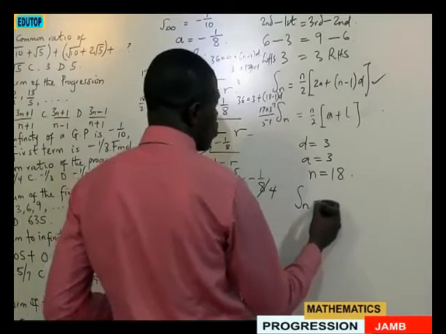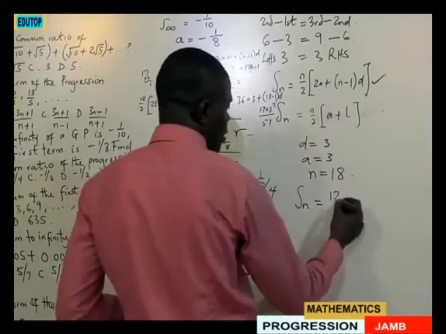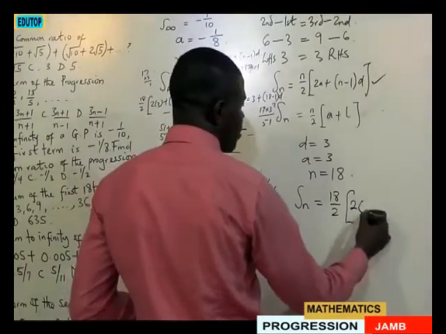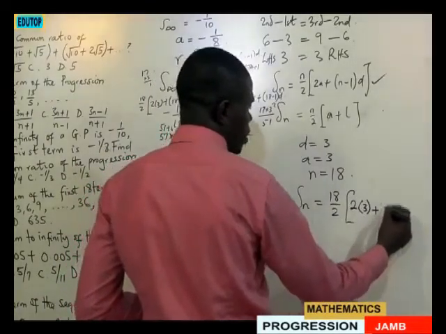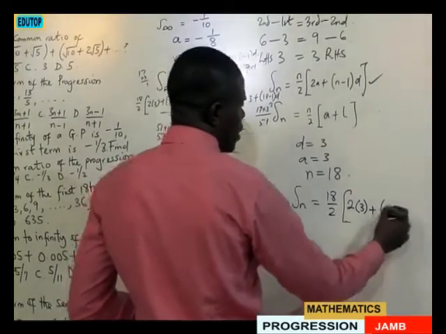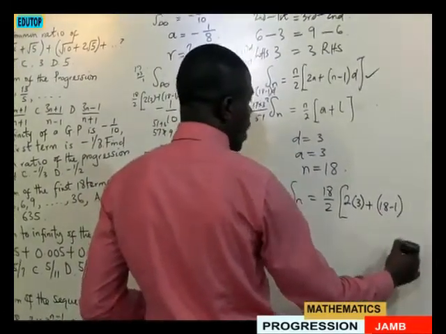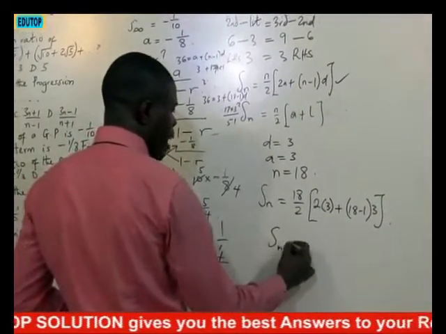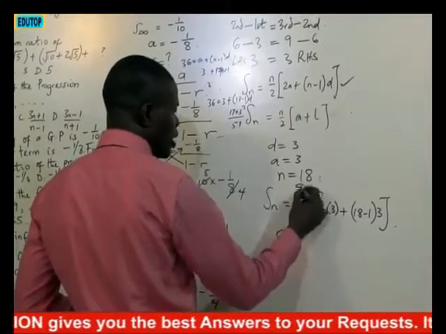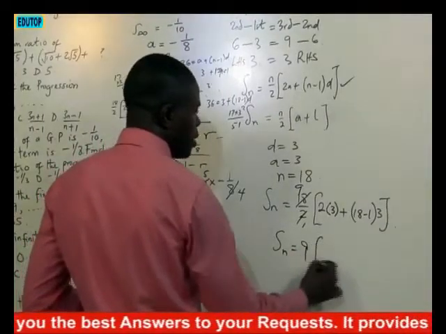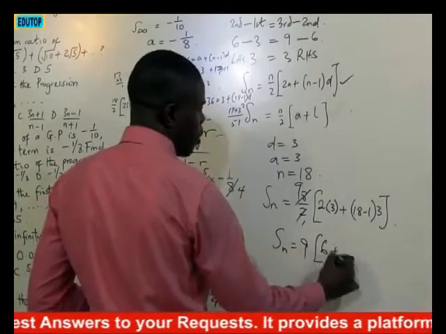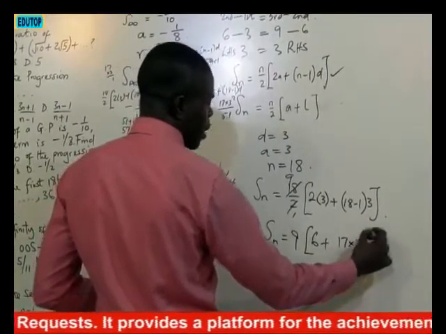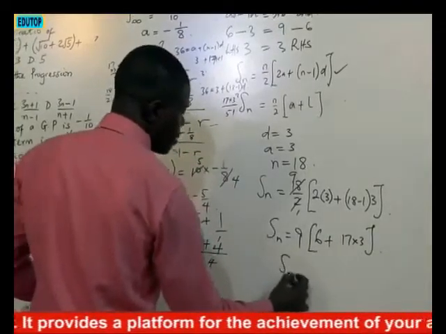So we have Sn to be equal to n, that's 18 over 2, into 2. What is our first term? Our first term is 3, plus n, what's our n? 18 minus 1. What's our d? Our d is 3. Then from here, we can simplify this. 2 here 1, 2 in 18, 9. So we have 9 here. Then this is 2 times 3, 6. Plus this one is 18 minus 1, 17. 17 times 3, that's what I'm going to have. Then we have Sn to be equal to